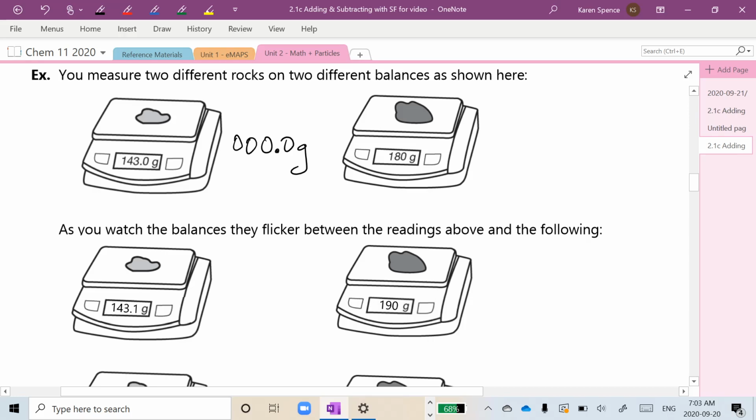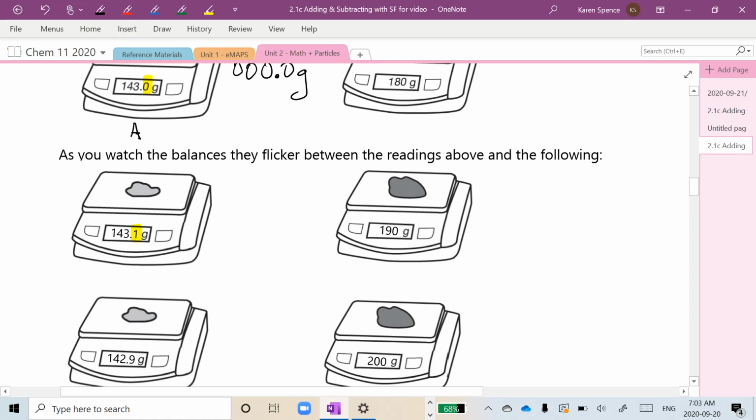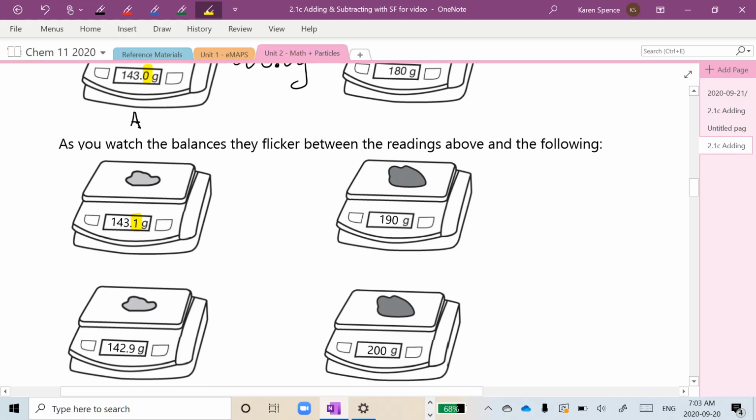Oh, and it looks like my rocks are different too. I've got a littler rock here and a bigger rock here. Okay, so let's look at putting the rock on balance A. What's going to happen is that the last digit of the balance is going to flicker. You see here it was 0.0, here it's 0.1, 143.1, and here it's 142.9. So our uncertain digit would be